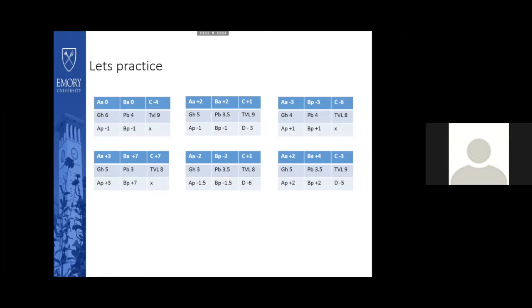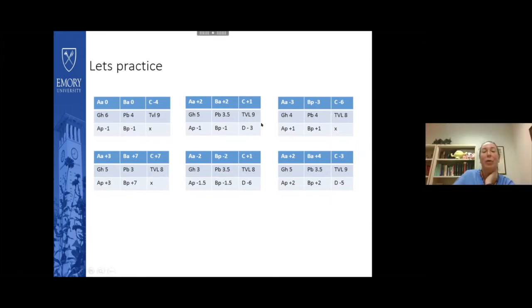So AA and BA being +2 mean that the anterior vaginal wall comes 2 centimeters beyond the hymen. And C +1, same thing, that the cervix comes down 1 centimeter beyond the hymen. On the posterior wall, the posterior wall comes not that far down, so 1 centimeter above, like proximal to the hymen. Genital hiatus is 5, perineal body is 3.5, total vaginal length is 9, and D point is 3 centimeters above the hymen. Yep. Okay, so what